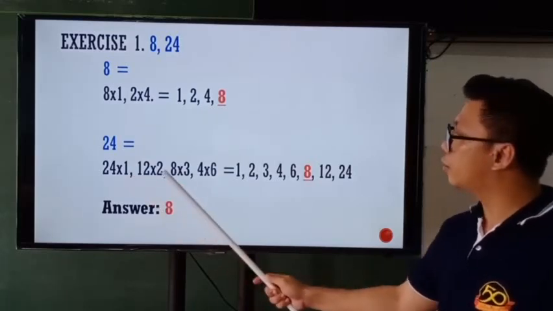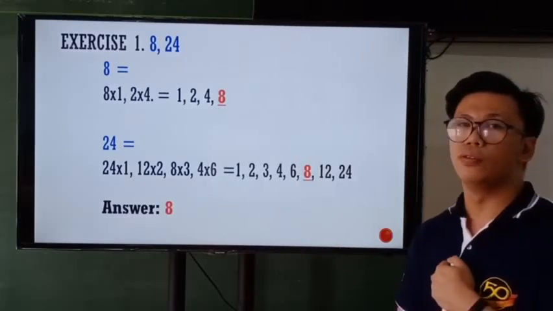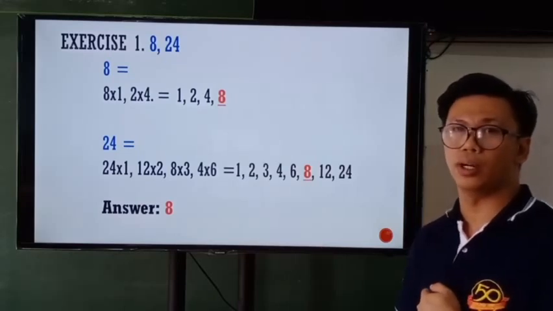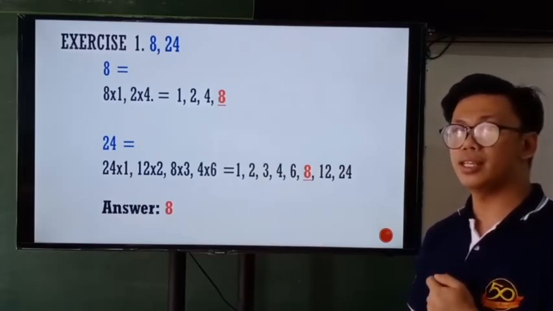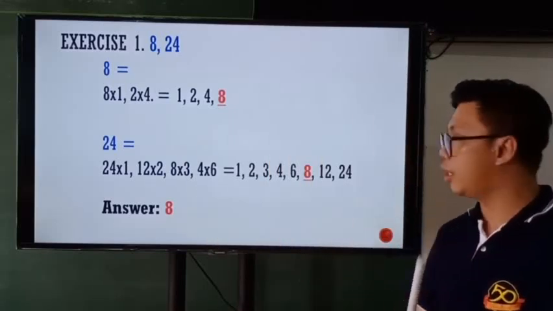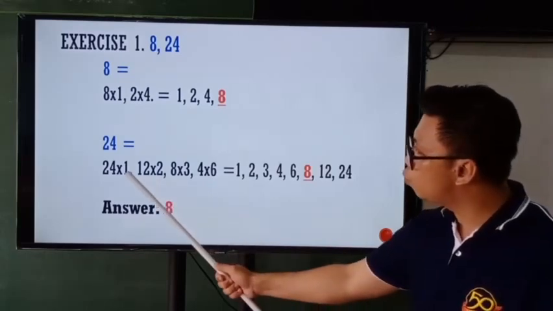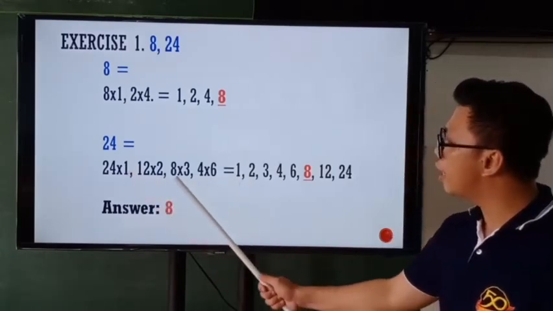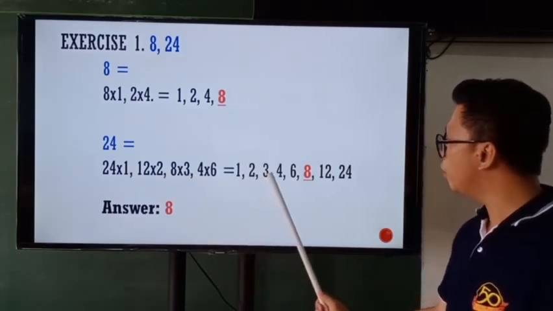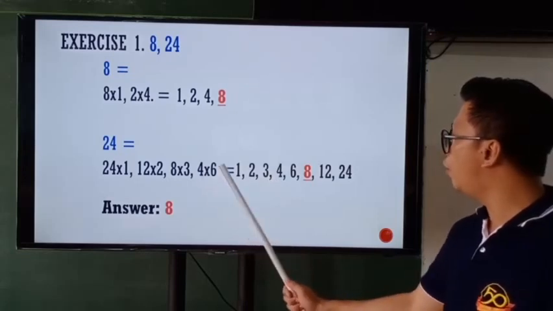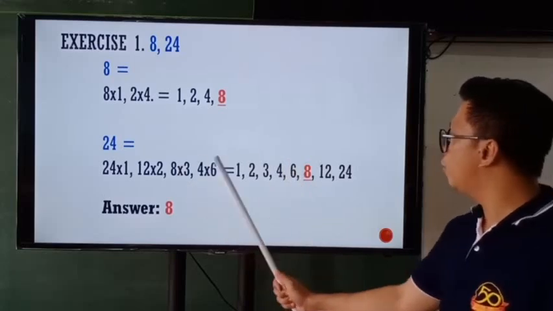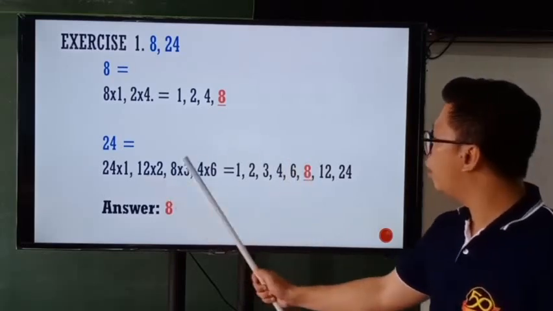After getting the factor of 24, what is the next? Very good. We will list the numbers in ascending order. What is ascending order? That is from smallest number going to the largest number. So let's start. The smallest number is 1. So we will write 1. Next is 2. We will write 2. Next is 3. Then 3. Next is 4, we will write 4, then 6, and then 8, we will write 8, then 12, and the